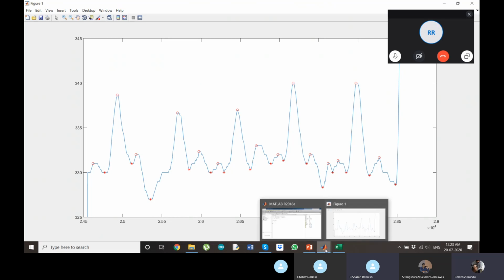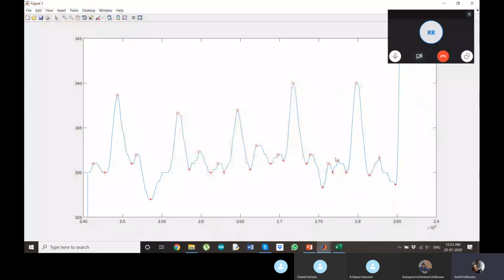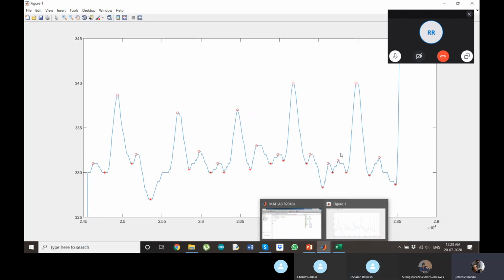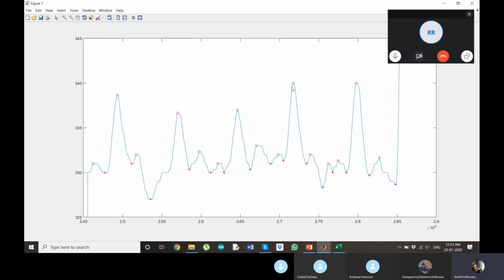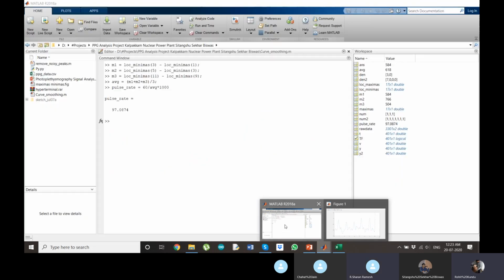Actually, I had created a method, but sir will explain an even more efficient method for doing this using the discrete Fourier transform. Since this is a periodic signal, we can take the Fourier transform and get the frequencies. In the frequency domain, we can do the analysis. I had done it in the time domain only, just defining what are the systoles and what are the diastoles, and then rejecting all the later maximas and minimas. So sir will definitely explain a more efficient way later.